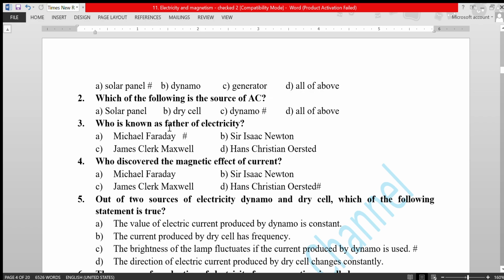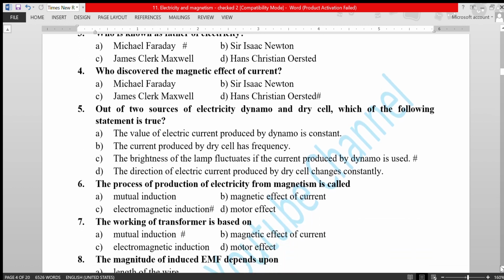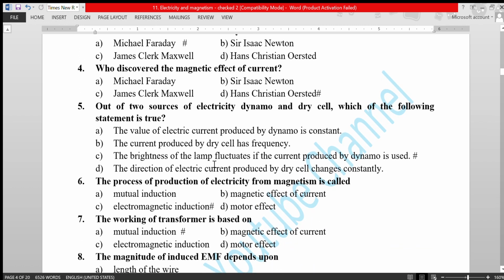Who is known as the father of electricity? Answer is Michael Faraday. Who discovered the magnetic effect of current? Hans Christian Ørsted. Out of two sources of electricity, dynamo and diesel, which of the following statements is true? The correct option is: brightness of the lamp fluctuates if the current produced by dynamo is used, because dynamo produces AC. So due to AC, its polarity changes. That's why